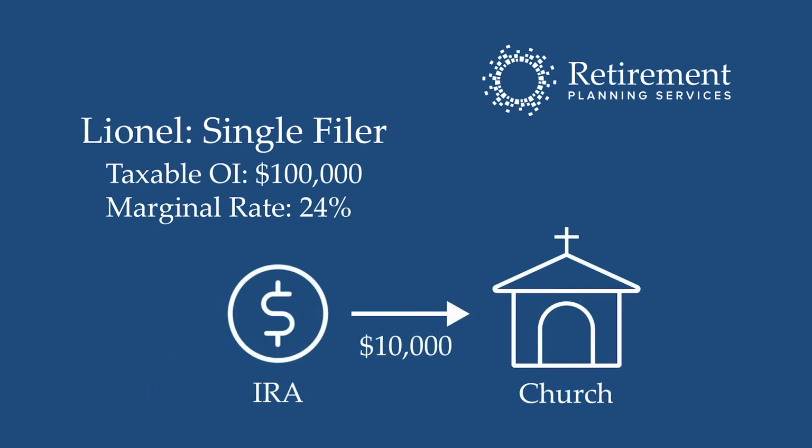Now, what if the situation's the same, but Lionel is 70 and a half and he had funds in a traditional IRA that he was withdrawing at any rate? Lionel could then request that his IRA distribute, instead of that $13,158 to himself, which he would then turn around and use some of those funds to pay the federal government, a $10,000 gift directly to his church. In this situation, rather than the funds being distributed to Lionel, which would incur taxation, the dad tax bite of ice cream that we've been talking about,